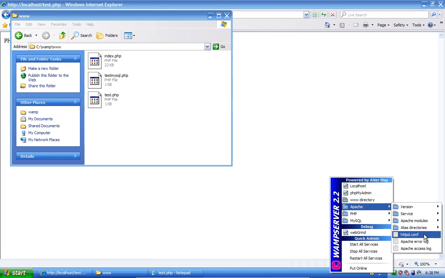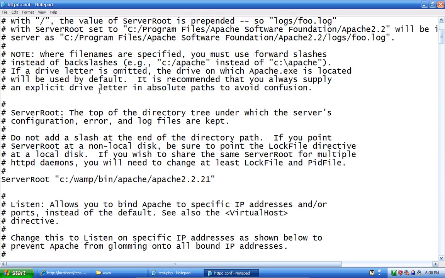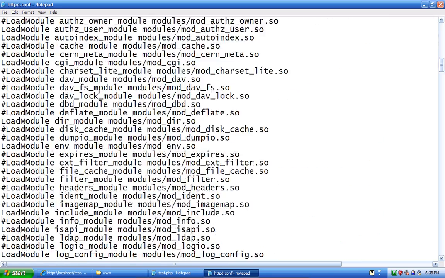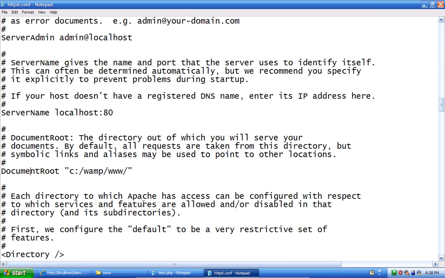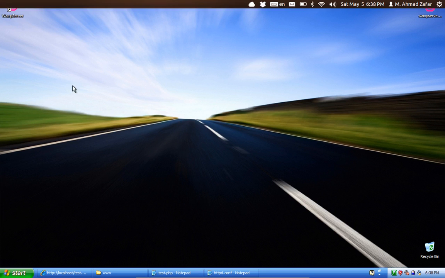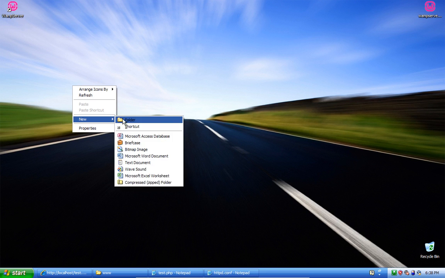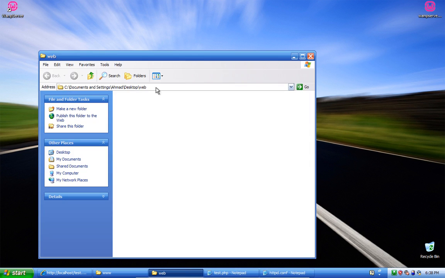If I open this file, this is a configuration file for the Apache web server, and in this file the path of the default directory is mentioned. As I said, it is C, wamp, www. So here it is, and of course we can alter it. What I'll do is on the desktop create a folder, and I'll name this folder web. Okay, open it up and copy this path,